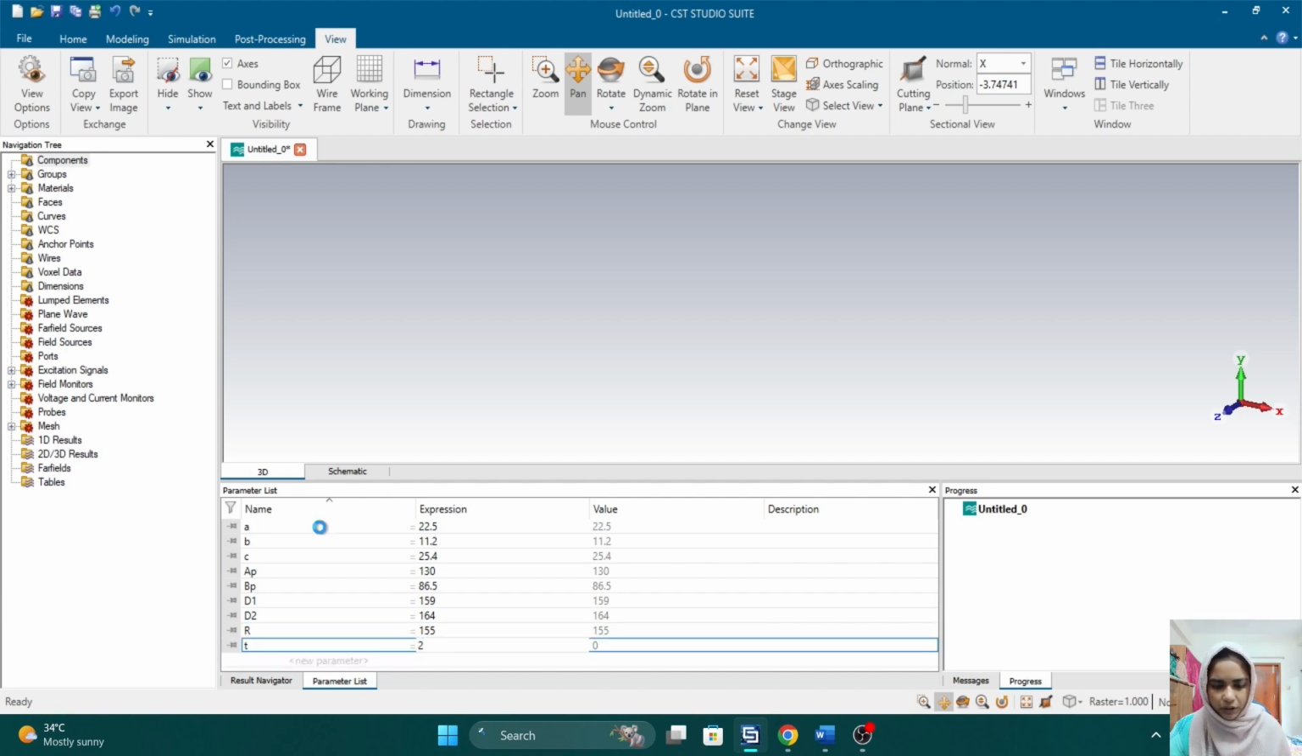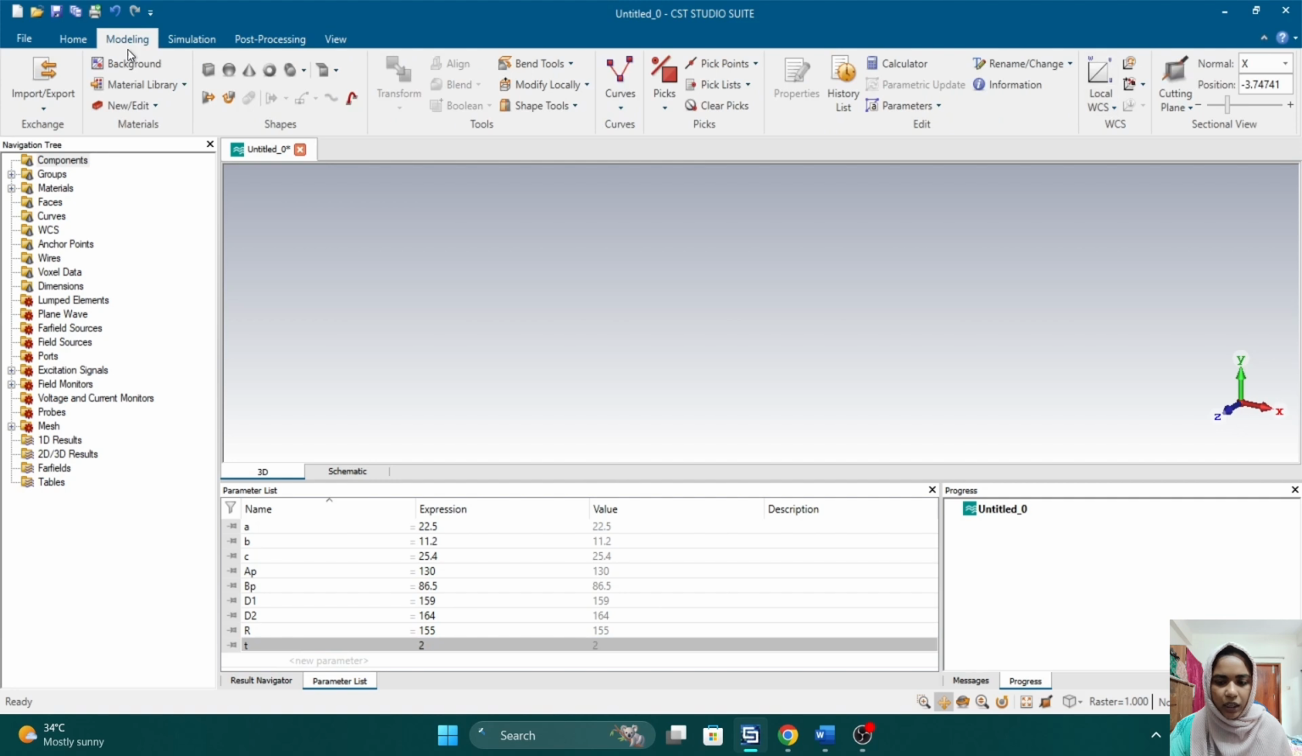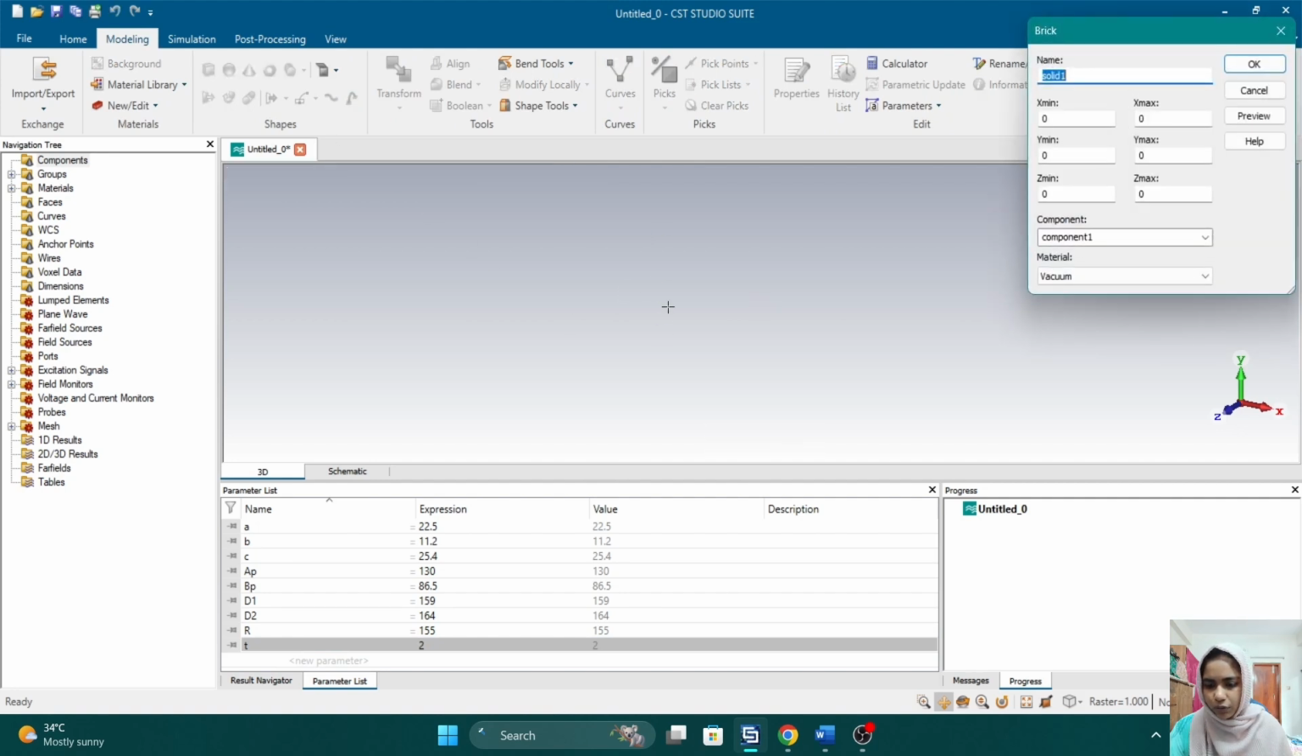Now we have completed entering all the parameters. Now we will start the designing. First we will select the modeling, then it will pass some component values, so we will name it as